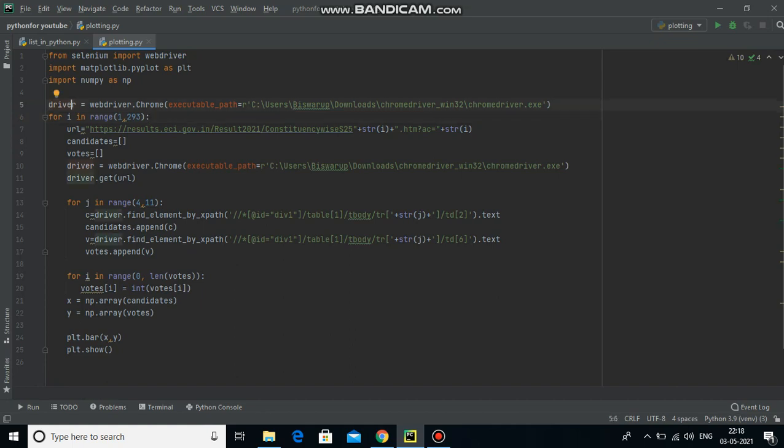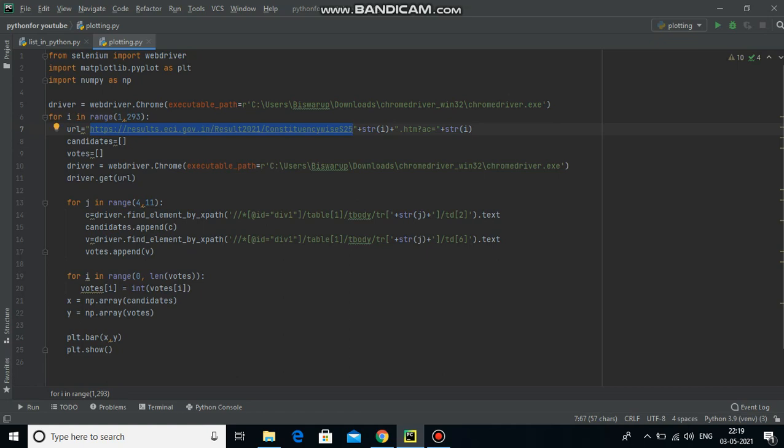And then I am simply using a loop where I have iterated from 1 to 292. I have used 293 over here so that it will iterate up to 292. This is actually iterating from the first constituency to the last constituency, that is 292. And I have manipulated the URL just like this.